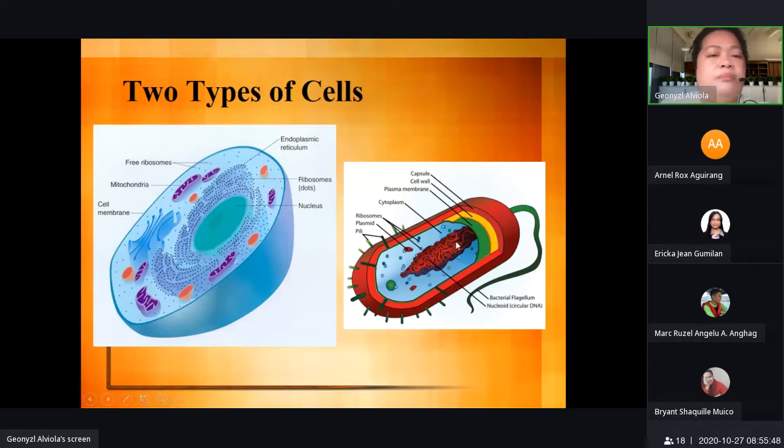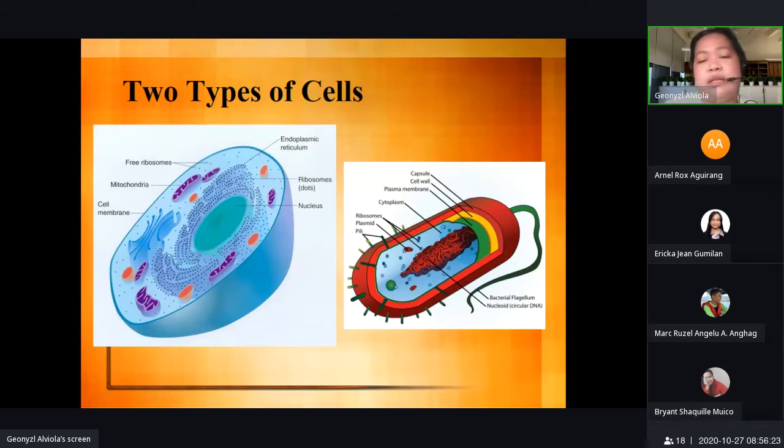Ano yung mga membrane organelles? Okay, we have mitochondria in eukaryote. We have the Golgi apparatus, peroxisomes, lysosomes. We have also the vacuoles, and what else? Endoplasmic reticulum, the rough and the smooth endoplasmic reticulum, in which, as you can see, the prokaryotic cell on the right side of the diagram,